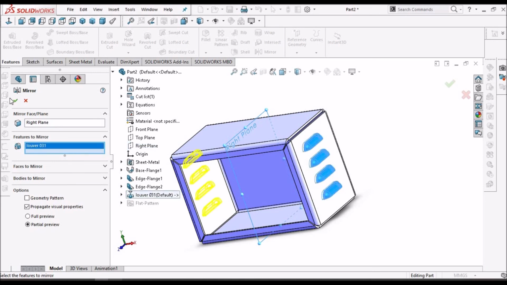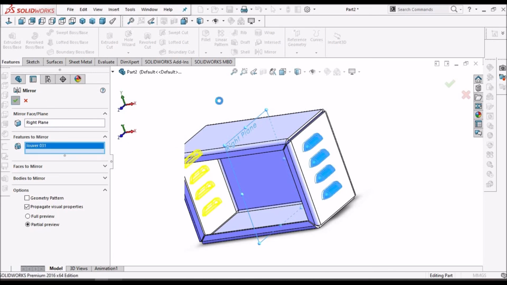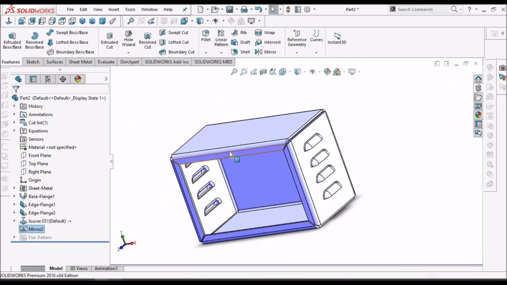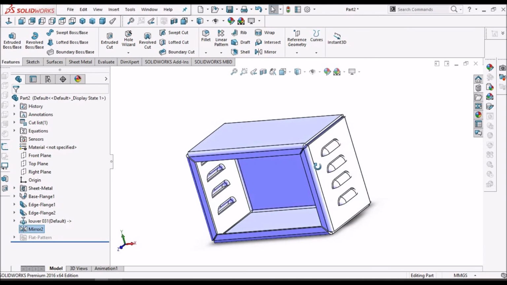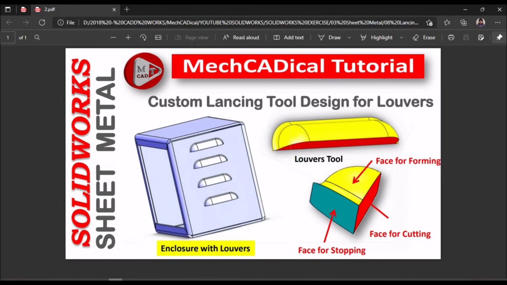And I can place it in other direction. So this is the brief about a custom lancing tool designed for lowers. Thank you.